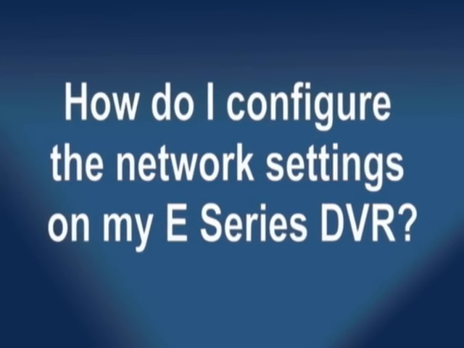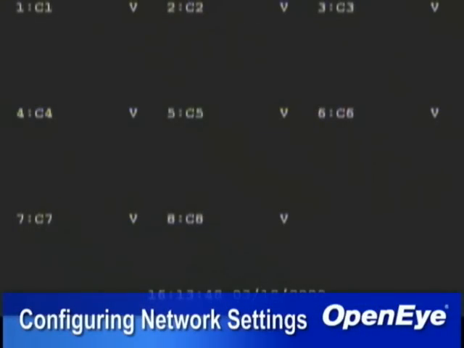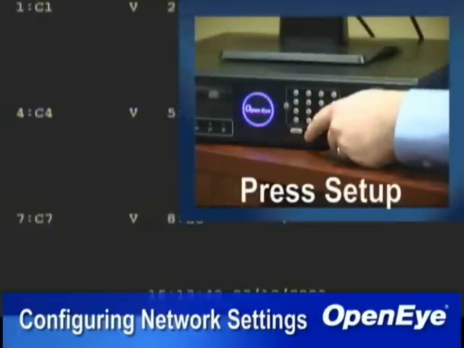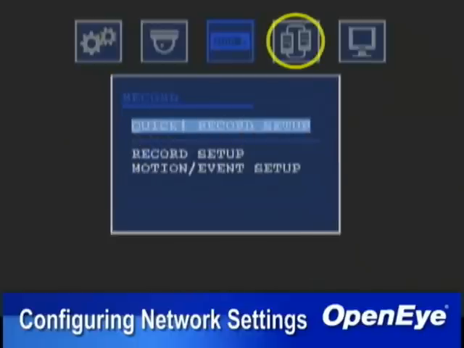I'm Nate with OpenEye Technical Support, and the question is, how do I configure the network settings on my E-Series DVR? To access network configuration on the DVR, press Setup, log in as the DVR administrator, then scroll over to Network